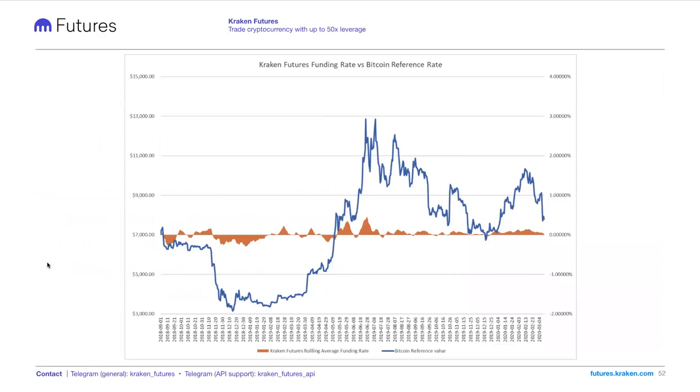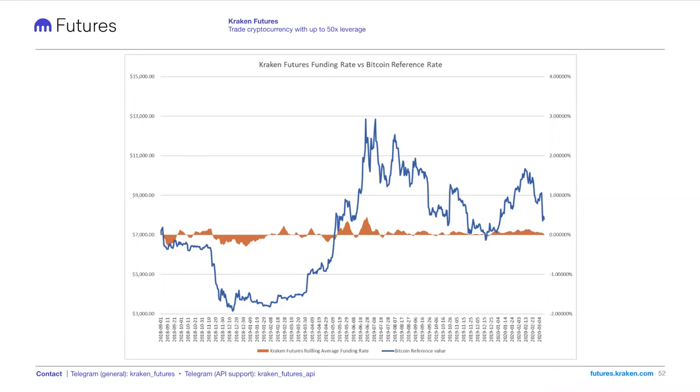So the funding rate changes every 4 hours based on the activity of the previous 4 hours. So right now, we're calculating the funding rate for the 0800 to 1200 UTC period. And the funding rate that you're going to see right now on the platform was calculated 4 hours ago, based on the dynamics in that 4-hour window. So we cannot predict the funding rate in the future. We can estimate what it'll be in the next 4-hour window, but we definitely cannot predict it more than 4 hours in advance.